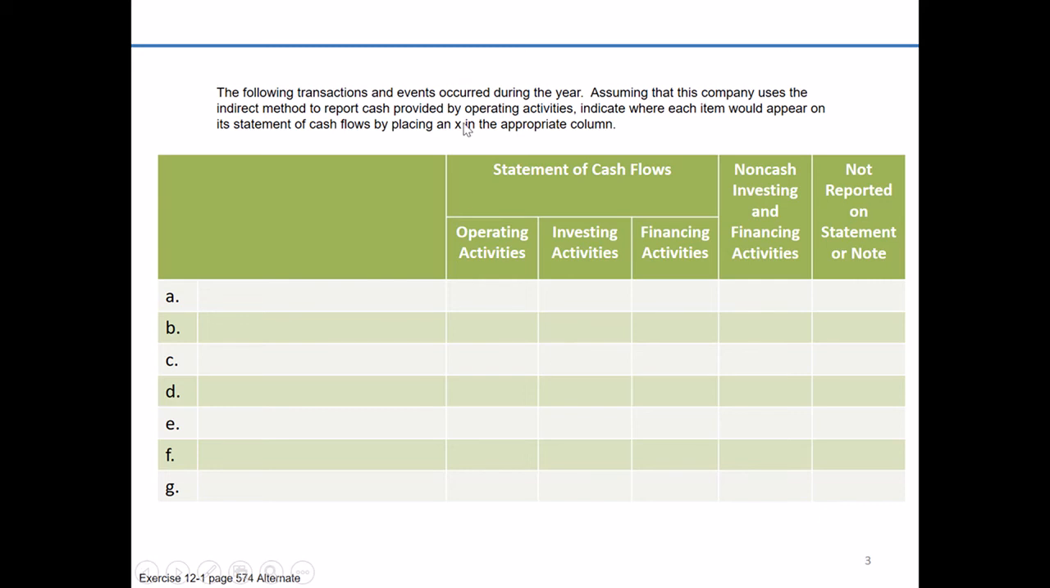An important point to indicate is that this particular company, when it's preparing the cash provided by operating activities, uses the indirect method. Keep in mind there's two alternatives. There's the direct and there's the indirect. They happen to use indirect, and that can be an important point to keep in mind as we're going through